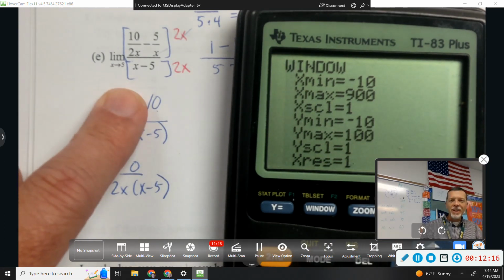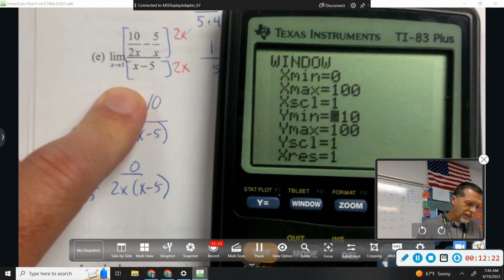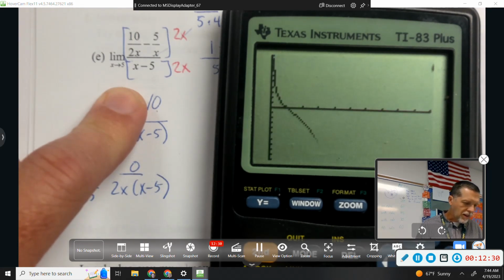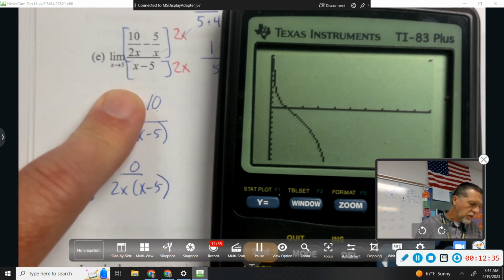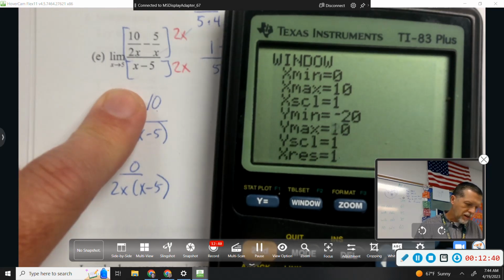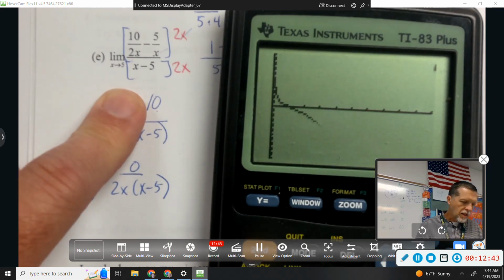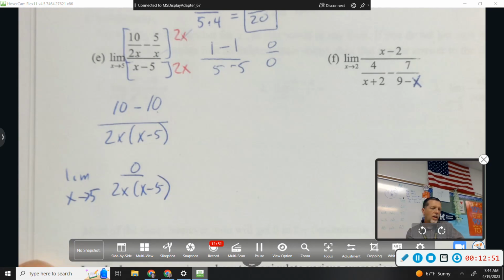So I don't want to go negative 10 to 900. I'm guessing this was from the projectile stuff. So I don't need to go to 100 either. Let's try that. Zoom out a little bit. All right, looks like there's an asymptote at x equals 5, which maybe explains